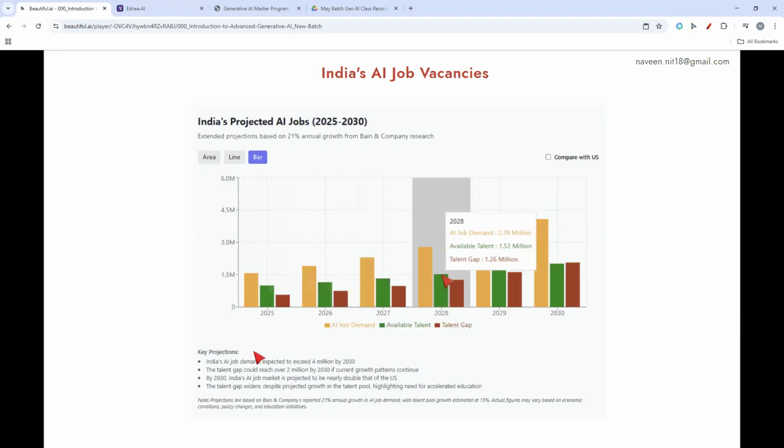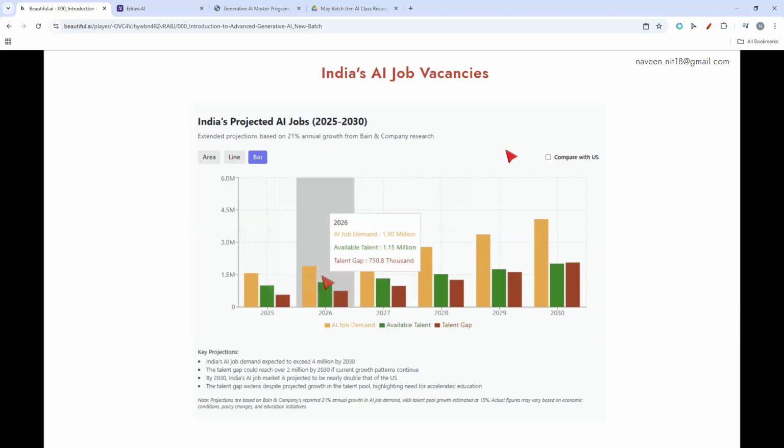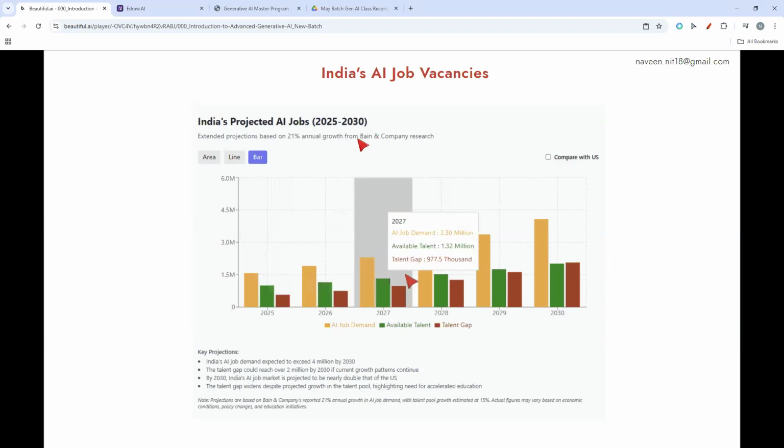It depends on the years, but you can see the huge talent gap that is going to be created in India itself. This is India's projected AI jobs, and this data was provided by one of the famous research companies.